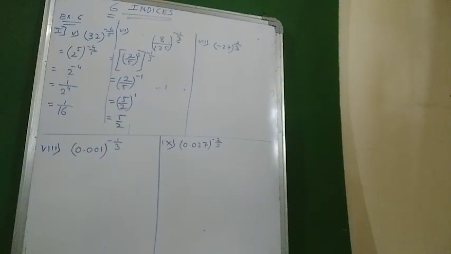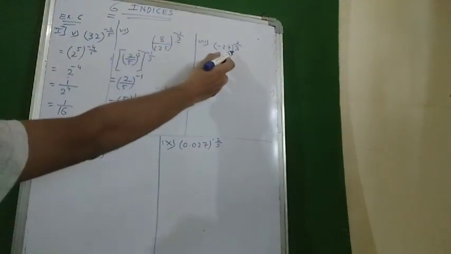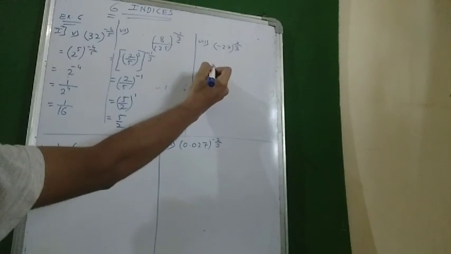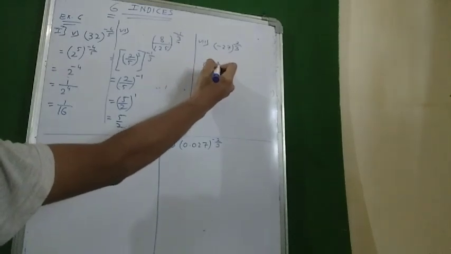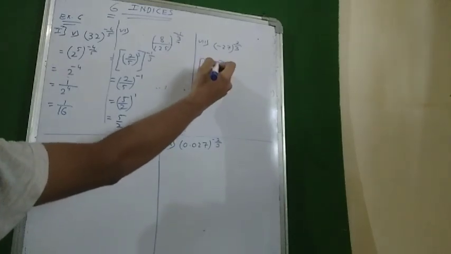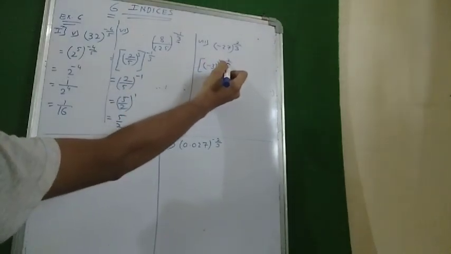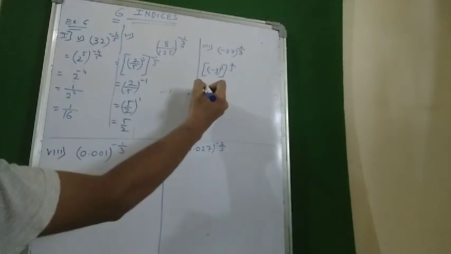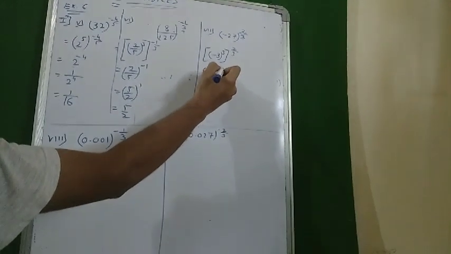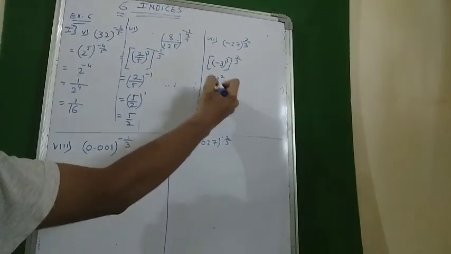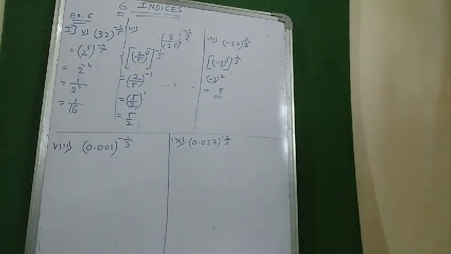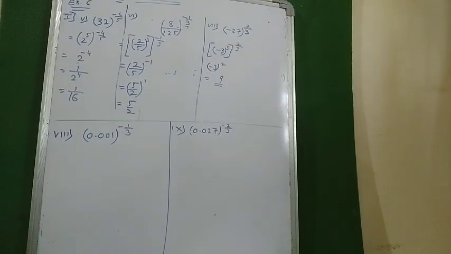Okay. We'll move to the next one. 27. And you can see 3 over here. So it is a common hint that it is 3 raised to 3. Minus 3 raised to 3 is minus 27. Whole raised to 2 upon 3. This 3 gets cancelled. So we have minus 3 raised to 2. 3 square is 9. Minus becomes plus if it is a square.